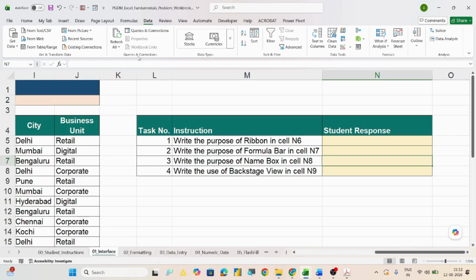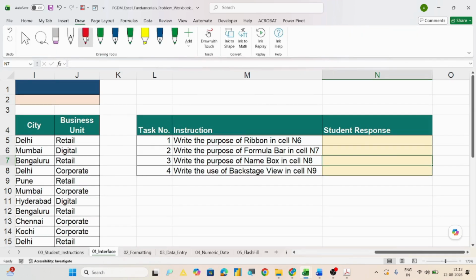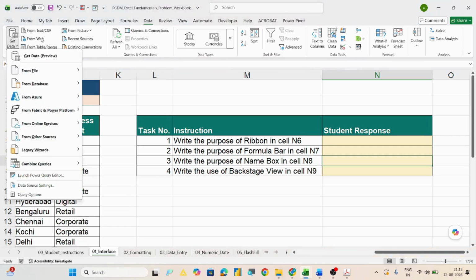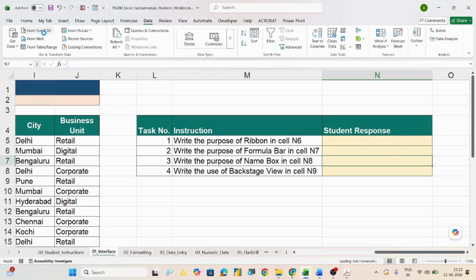Now the ribbon again consists of many command groups, but each command group has different options. Like get and transform has options like get data, then from text or CSV, from web, from pictures. So many different options are lying over here.